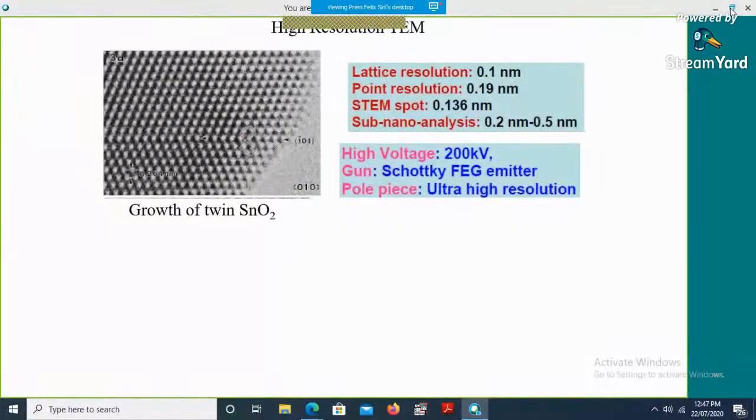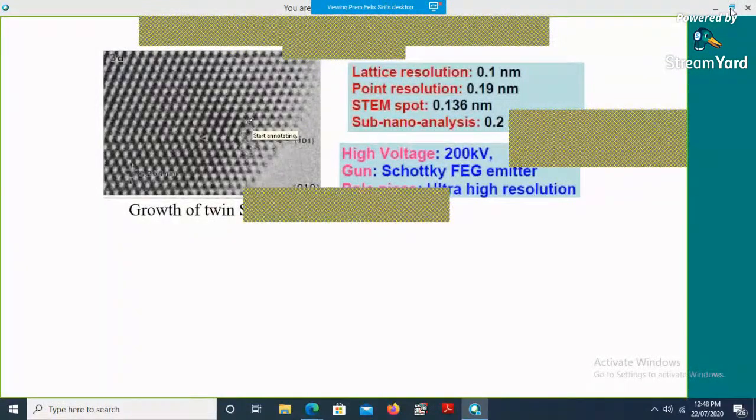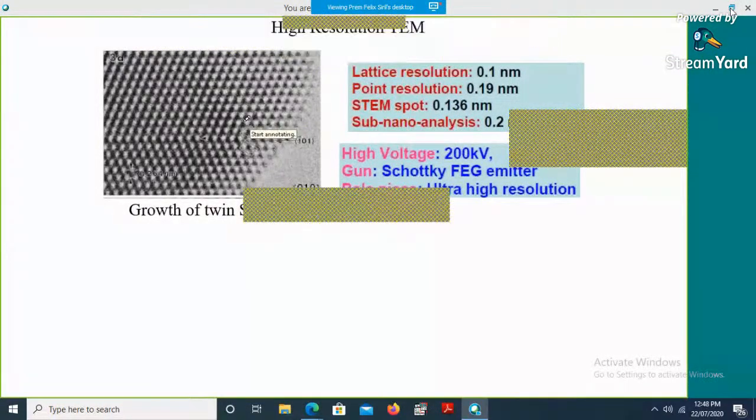Because in high resolution TEM imaging, the resolution of the TEM can be as low as 0.1 nanometer. So in that case, this is a tin oxide material where each of these dots that you see here are tin atoms, and so the position of each atom can be seen from the